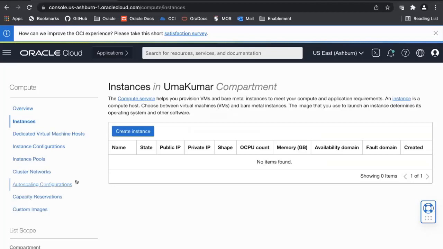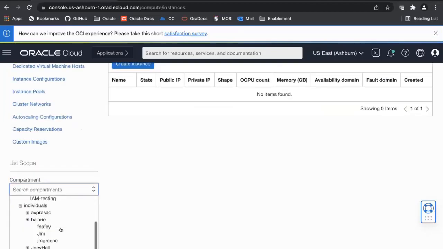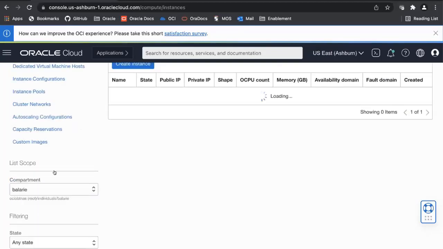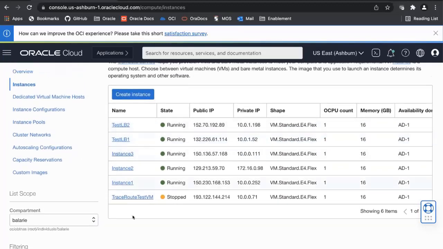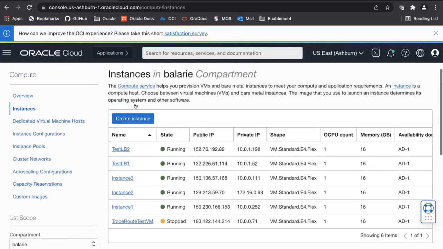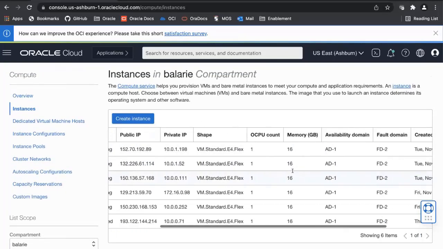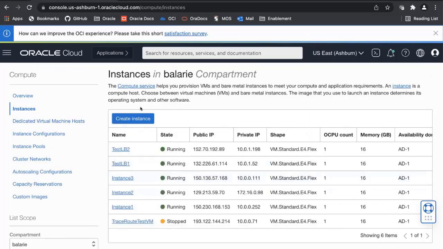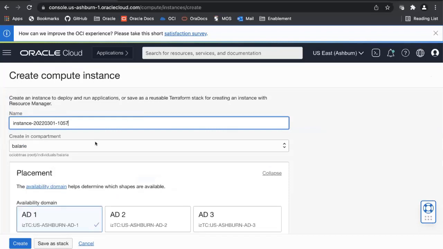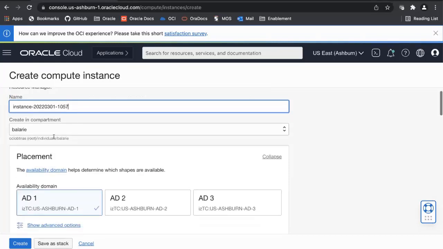Just wanted to show the different options. We can choose the different compartments. I want to work in Brandon's compartment today. We can see we already have a few different instances running. You can see the public IP, private IP, as well as shape and a few other metrics on it. And if I go into create instance, you could give your instance a name,